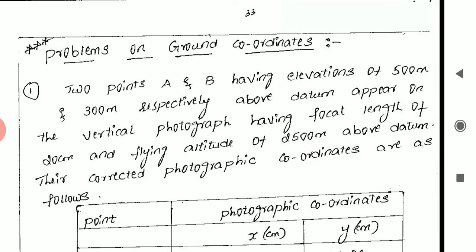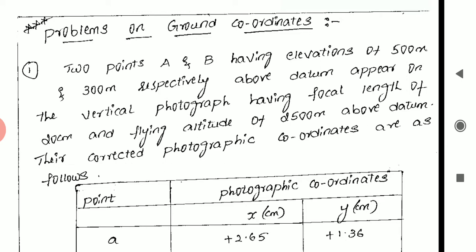The next concept is problems on ground coordinates. In your syllabus, he mentioned this problem, so by using all of these we have to solve the problems. The problems use the L equation: L equal to root of (xa minus xb) whole square plus (ya minus yb) whole square. Based on that formula we have to solve the problems on ground coordinates. So I will read it once again.